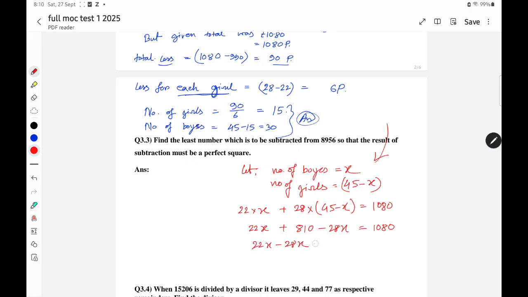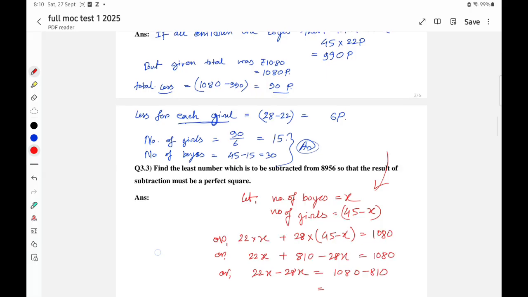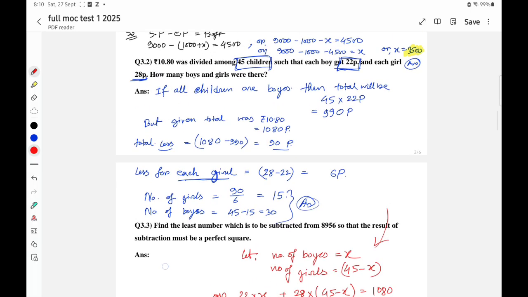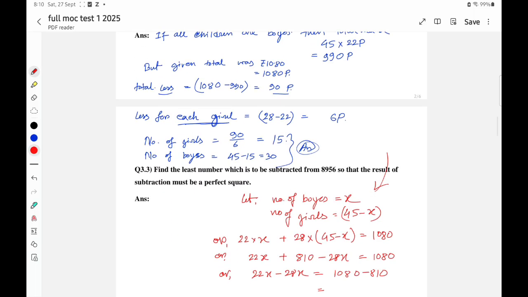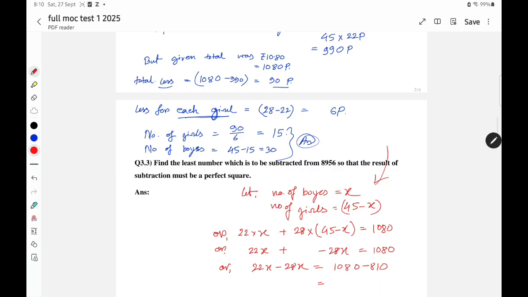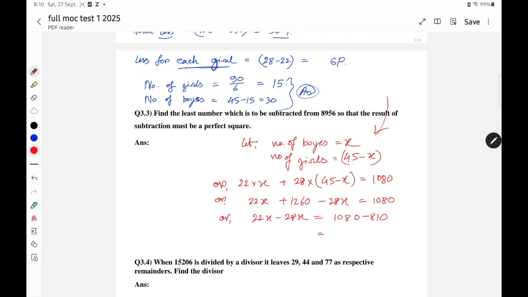22x minus 28x is equal to 1080 minus 810. 1080 minus 810 আসছে 2... নেগেটিভ হয়ে যাচ্ছে কেন? (45 into 28), that will be not 810, that will be 1260. This is 1260. ওকে, তাহলে এখান থেকে আসছে